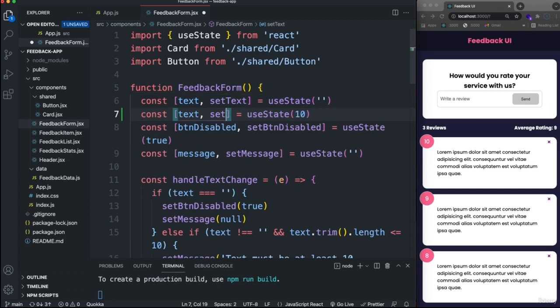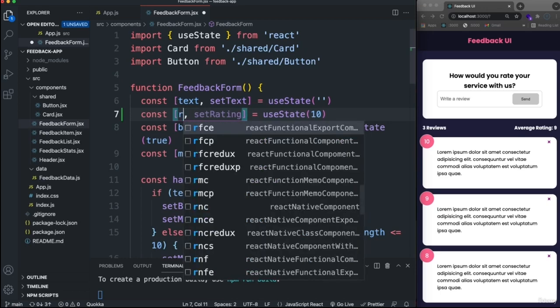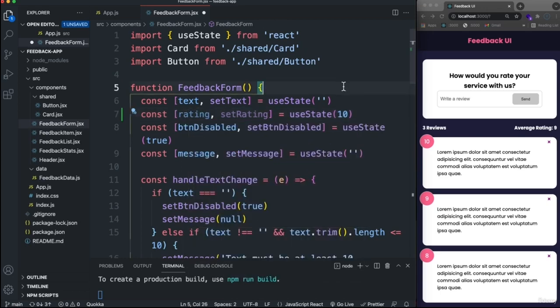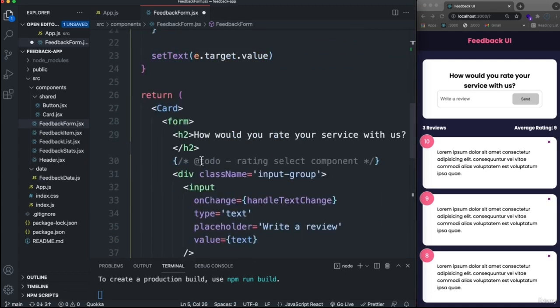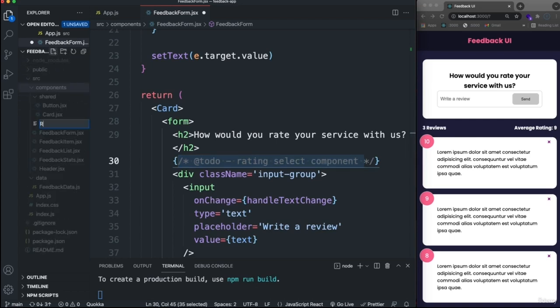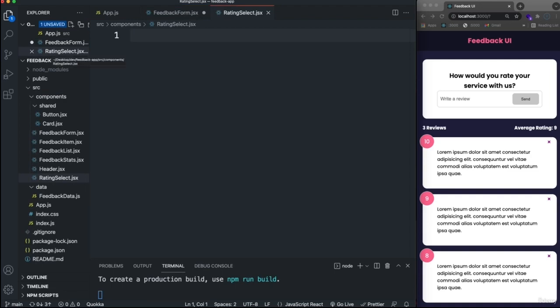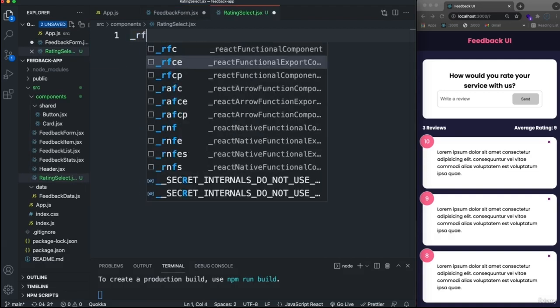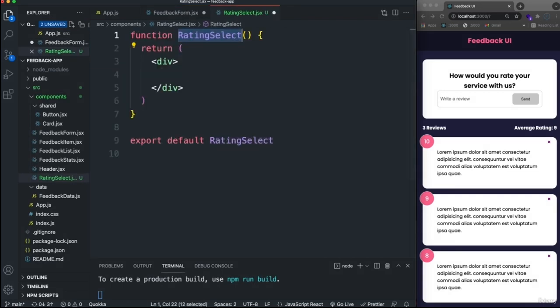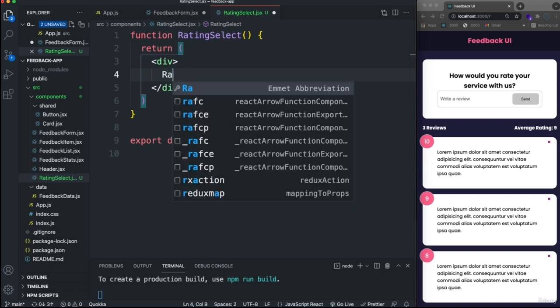and this is going to be called set rating to change this, and the actual piece of state will be called rating. Now down here we just have a comment, but this is where we want to put the select rating select component. So let's create that component. So we'll create a new file called rating select.jsx. Put that in your components folder, and let's say React functional component,